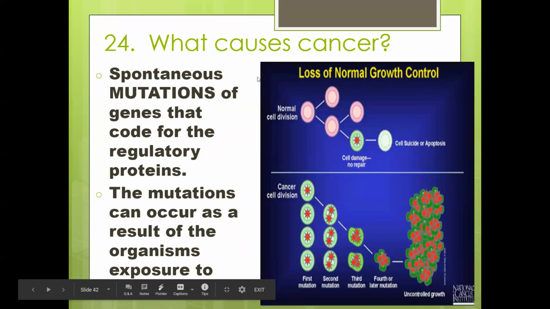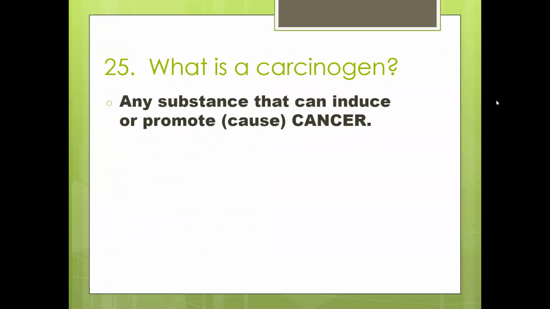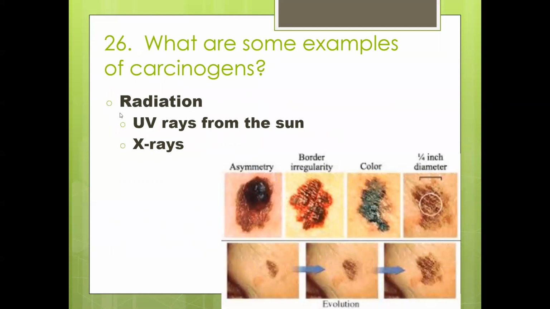Once again, what causes cancer? Spontaneous mutations of genes that code for those regulatory proteins. Those mutations can be caused by certain things called carcinogens. Carcinogens are anything that can mutate DNA or can mutate a gene. So that could be a lot of things. Anything that can cause cancer. Radiation is one of them. So UV rays from the sun, that's why they tell you to wear sunscreen. If you're outside and you're allowing that radiation to penetrate your skin, you are encouraging the mutation of your own